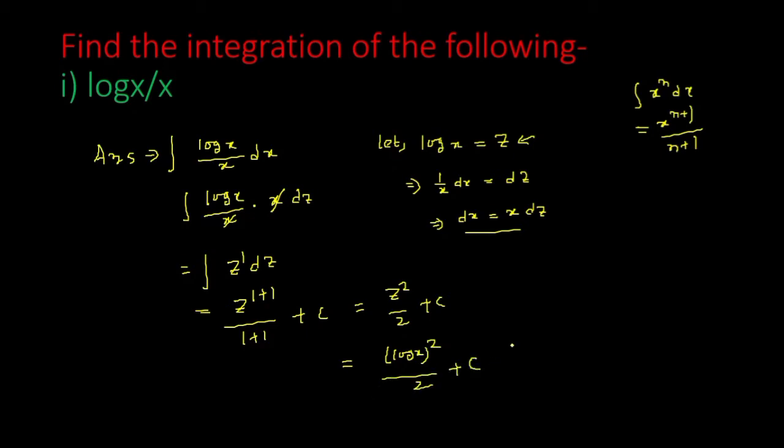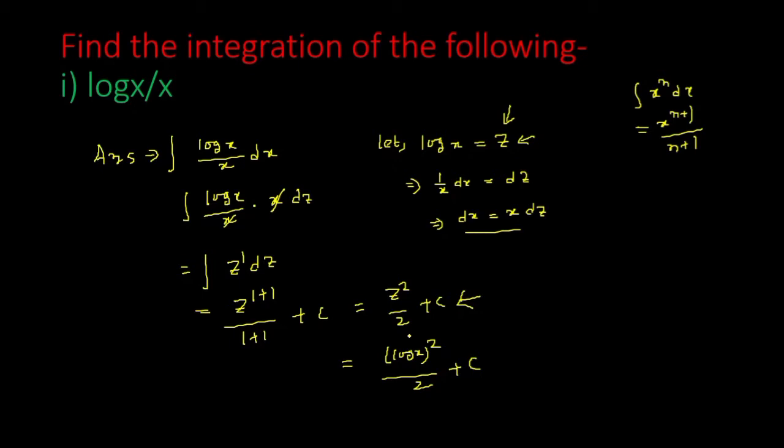So this is how we can solve integration by using substitution. We have to take something as z, or you can take t, another variable, then differentiating both sides we will get the dx. Now putting the value of dx in the original integration, we can simplify the result. After that we have to use the basic formulas of integration, then we will get the exact integration. So here the integration was z square by 2 plus c. Now since z was log x, we put the value of z here, that will be log x whole square by 2 plus c. So this is the integration.